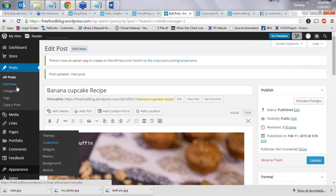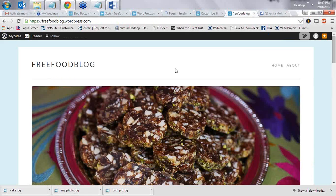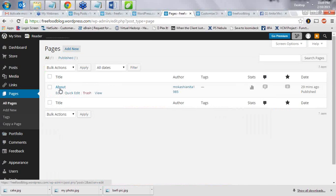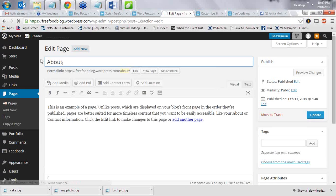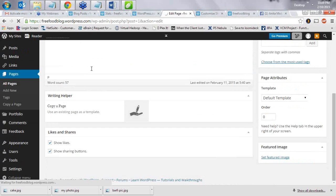Now let's add a page. Okay, here the pages, all pages. Right now what I mean by page is you see home and about here. These are the two pages. In about you can write something about yourself. So let's see pages, about. I'm going to edit it to write something about me, why I started this blog, etc. I don't like the name of the page as about, so I'm going to write I am